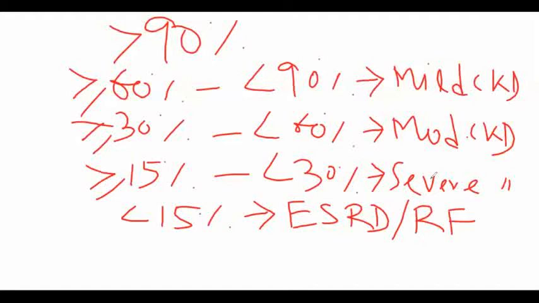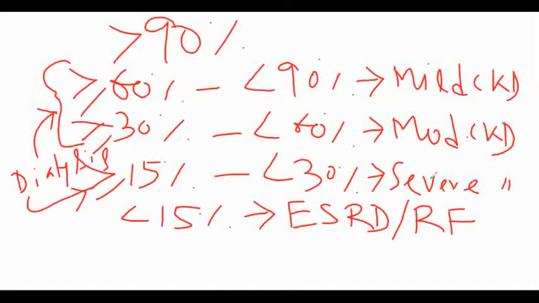Up to the 30% to 60% level, you can use dialysis for treatment, along with this level also. But whenever you get a GFR less than 15%, that means in case of end stage renal disease, dialysis will not be useful, and the definitive treatment or management for end stage renal disease or renal failure is renal transplant. So renal transplant is the treatment protocol for end stage renal disease.